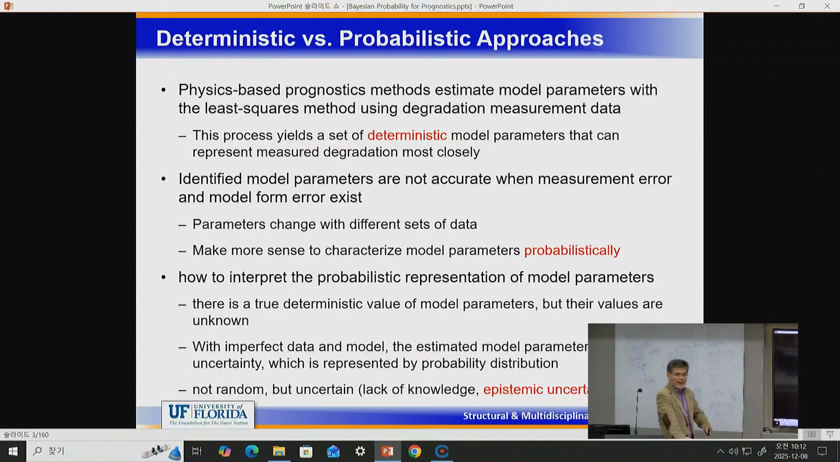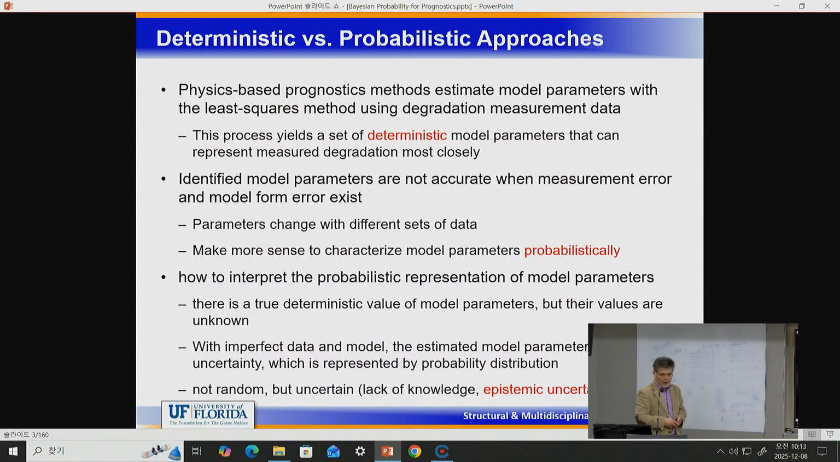So today's class is all about random variables, probability, and how we interpret probability. So how to interpret the probabilistic representation of the model parameter? My model parameter is not a single value, but a distribution. What does that mean? How to interpret? How should I do that? Okay. So before we do that,